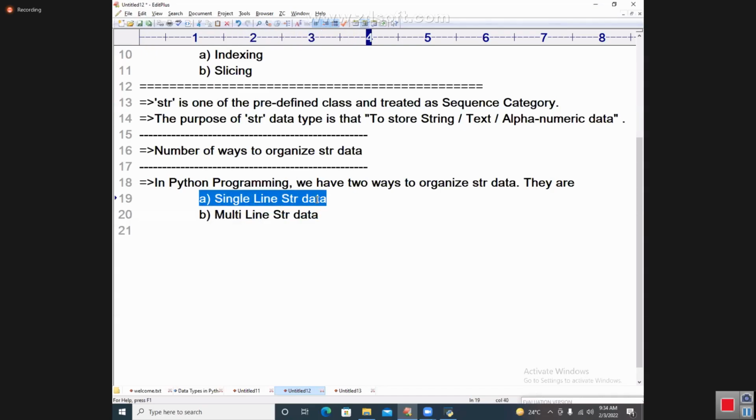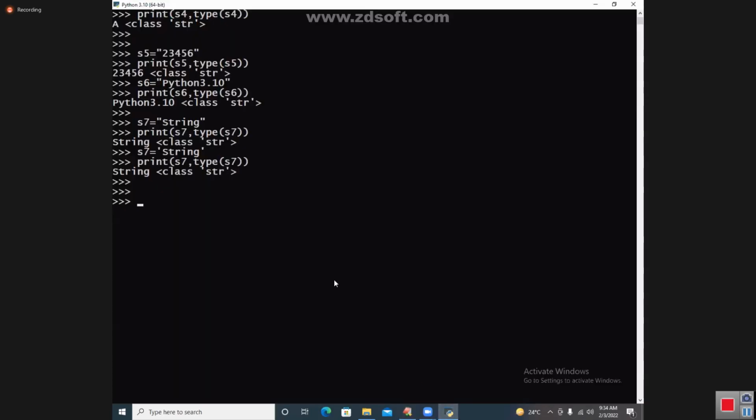What is single line string data? It represents one line of text data, one line of string data, and it is not useful for multi-line. Let us go to that discussion. Multi-line I am going for. ADDR1 is equal to, the variable name, is equal to